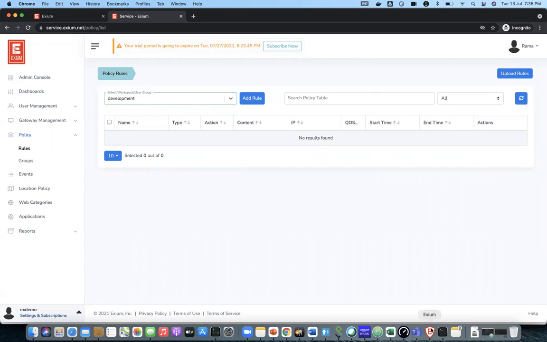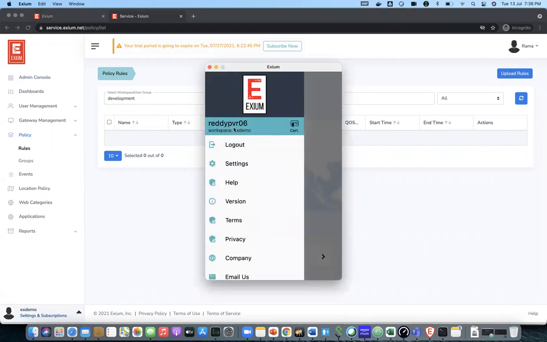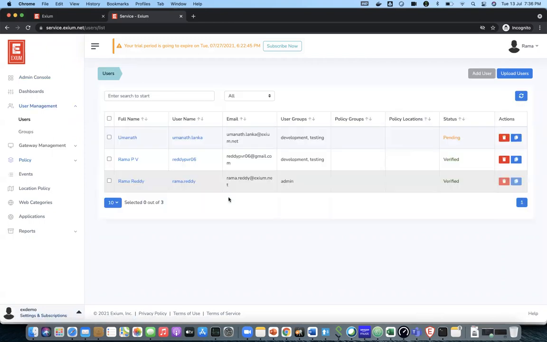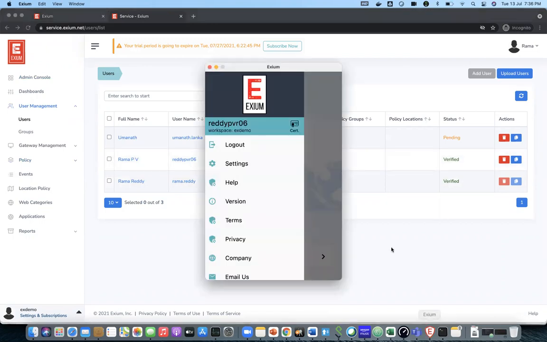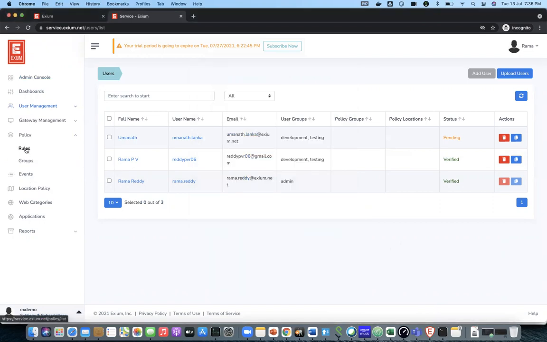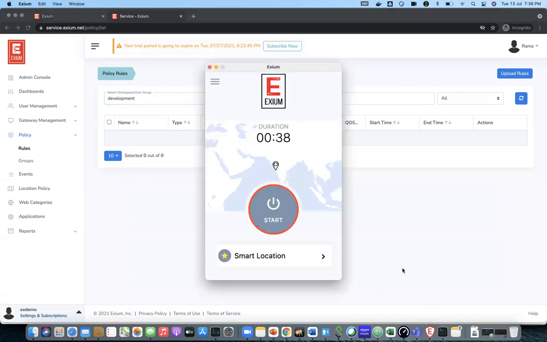I am also logged in through my XM client as user DPVR06, who is part of the development group. All the policies applied to the development group are applicable to my XM client, and get applied automatically to the traffic going through from my MacBook.